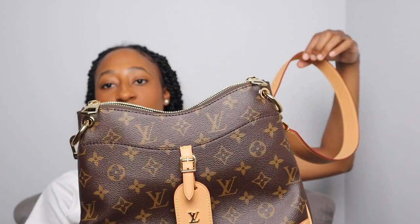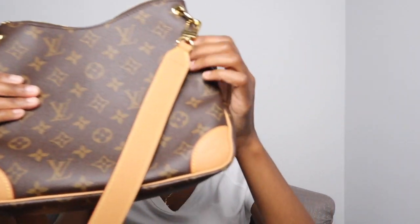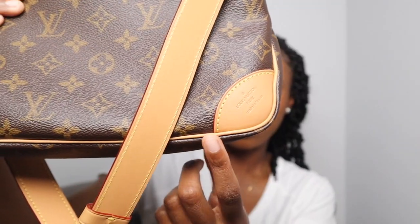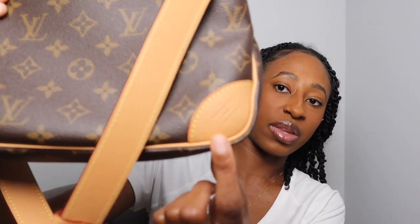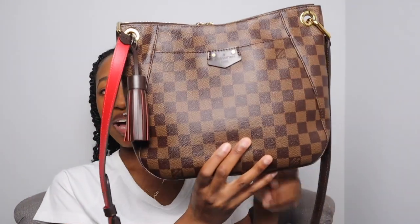You can wear it as a crossbody bag or a shoulder bag. If you have other Louis Vuitton or any other kind of strap options, you can play around with your bag, get creative with it, and all of that. You will also find where your bag was made on the back of the bag, and so mine was made in France, and this is basically the Odeon. So this is the South Bank